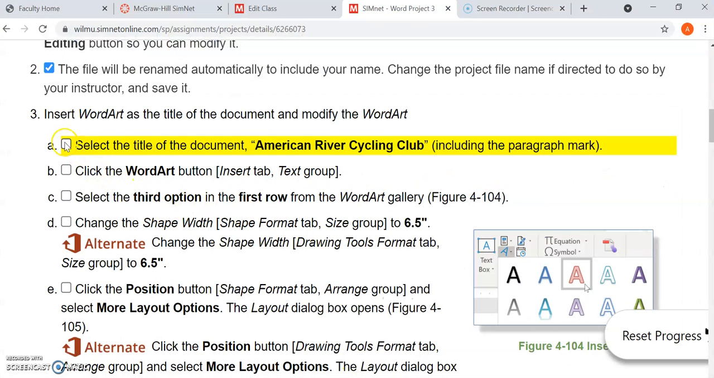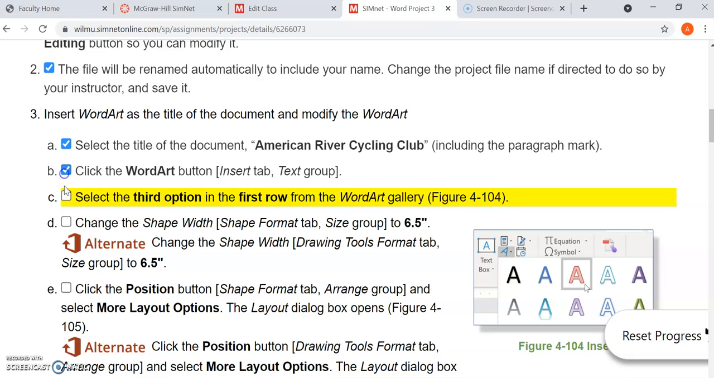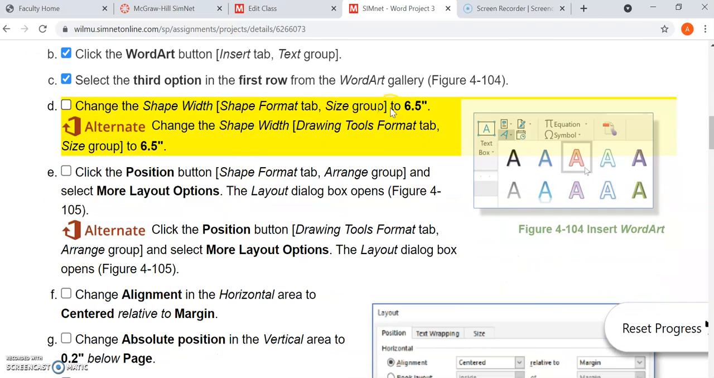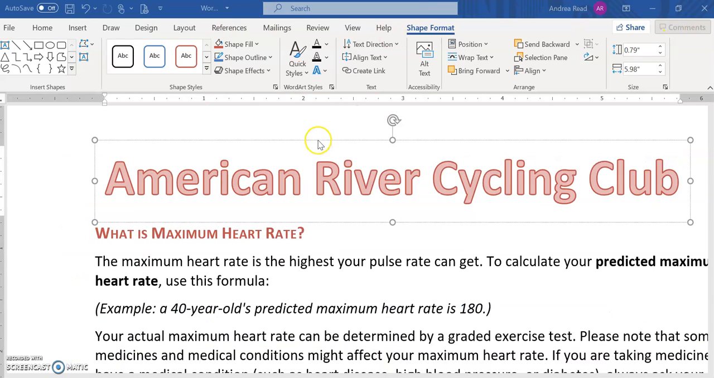So now that we have it selected, we clicked on the word art and selected that option. Now it wants us to change the shape of it. So we're going to change the width. So we know it's activated, we're on the correct menu tab, which is Shape Format, and we're going to go over here to the size. And then you can either use the spin handles, or myself, I just prefer to type right over top,